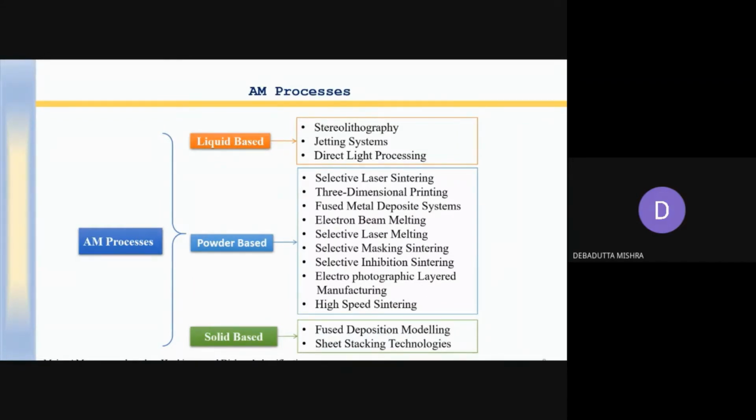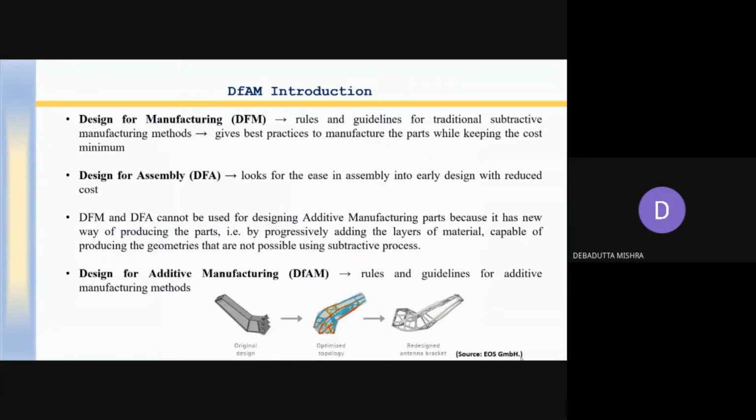Okay. And another method, sometimes what you do is that layers of paper, plastic, or metal having an adhesive coating are placed one over another. They are placed in layers, and you get the desired part. And the undesired part is cut by the laser source or by any cutting method. We can cut that. So these are the processes that are still in use nowadays. Now we'll see what is the design for additive manufacturing.